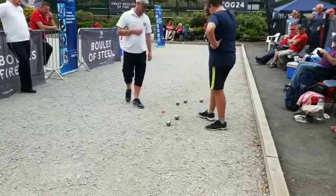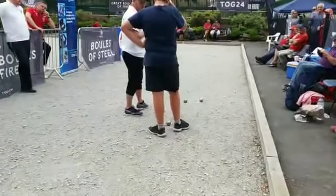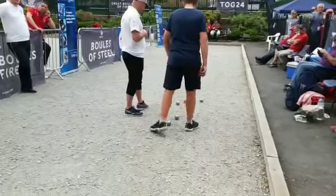So 6-4 for the ladies, with 1 point on the ground. 1 ball to come from Southern, with